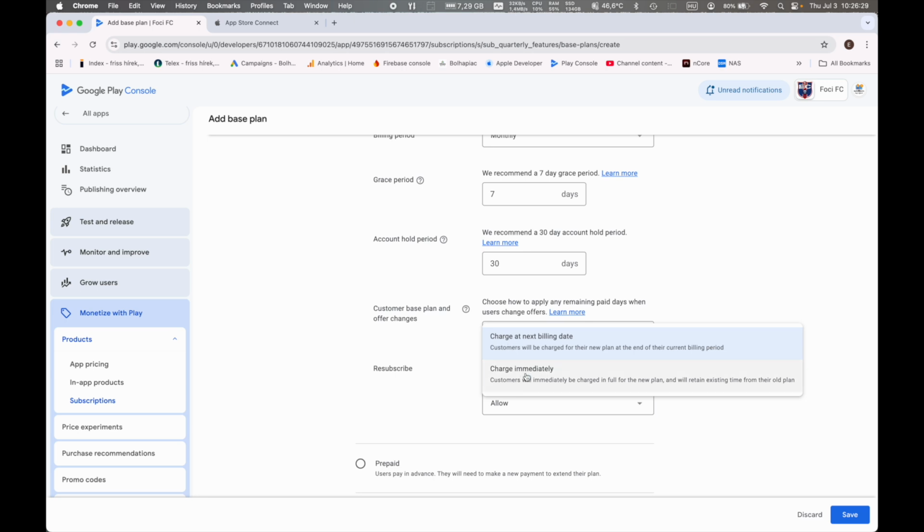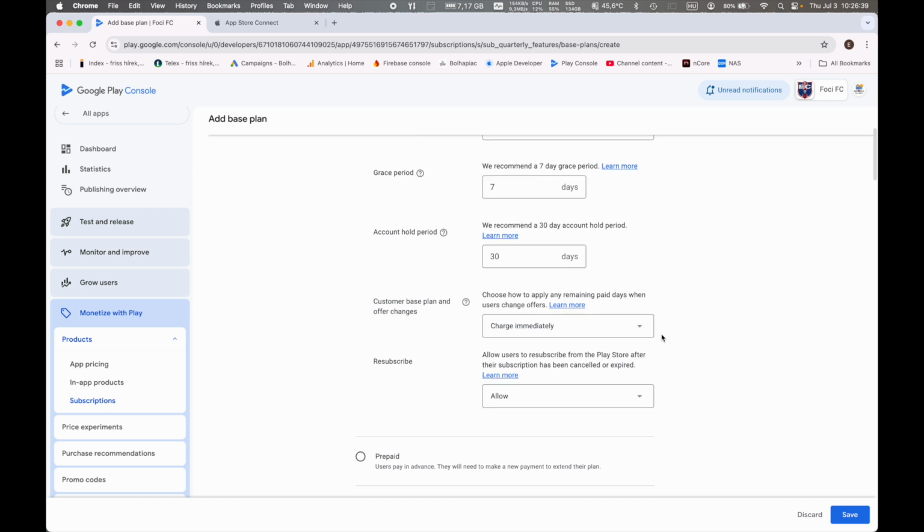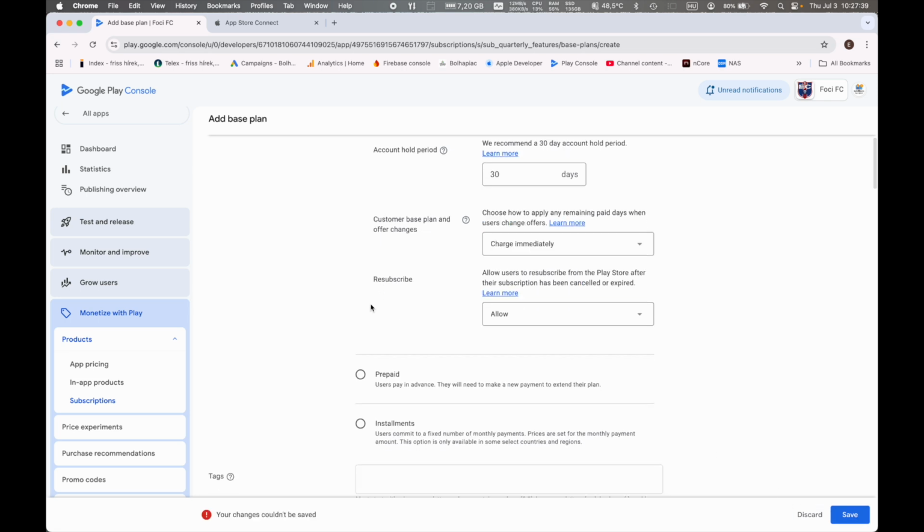So if you charge it immediately, of course this will be charged when the change is happening, but just for that period which the user is about to pay for, the remaining time of the period. Okay, so there is an additional one. So if a subscription can be resubscribed and so on, I usually leave it alone. So before we can save